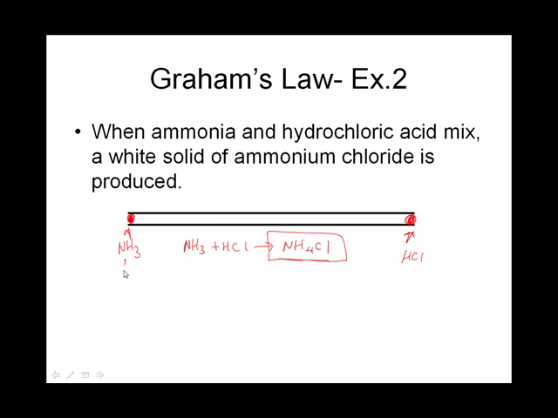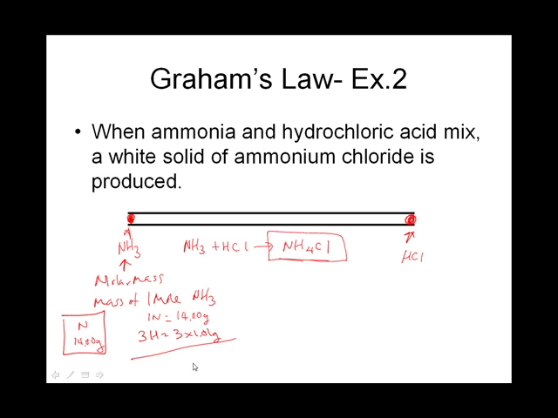So let's first of all find out the molar mass of NH3. When I say molar mass, I'm talking about the mass of 1 mole of NH3. And looking at the periodic table, N says 14.00 grams. So I have 1 nitrogen, which is 14.00 grams. My H, I have 3 of them, so it is 3 times 1.01 grams. And if I were to add all that up, I would get